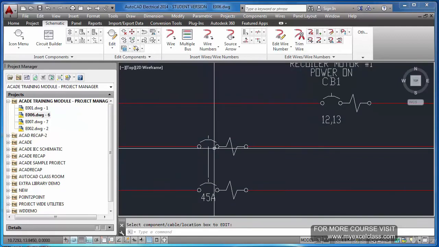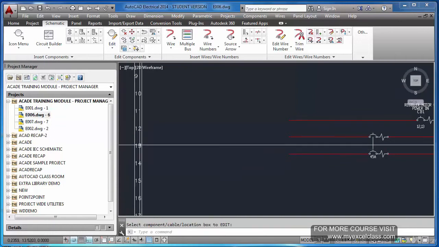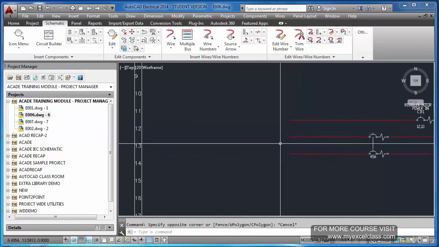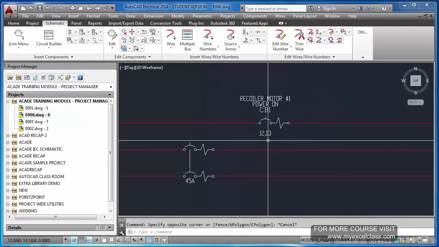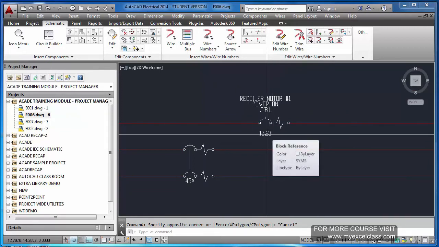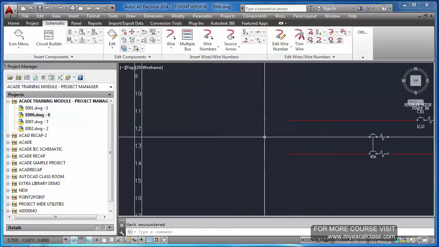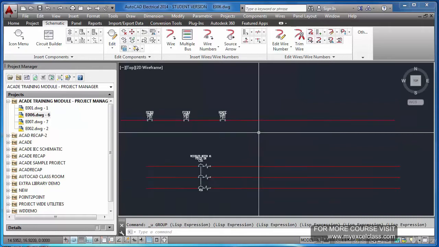If you see this 2 here, this comes in 12 and here is the 13. Here is this 13 and this is 12. This is what cross referencing is. So this comes automatically. So if you want to move multiple pole components like this, what you can do is, I'm just undoing this by Control Z.